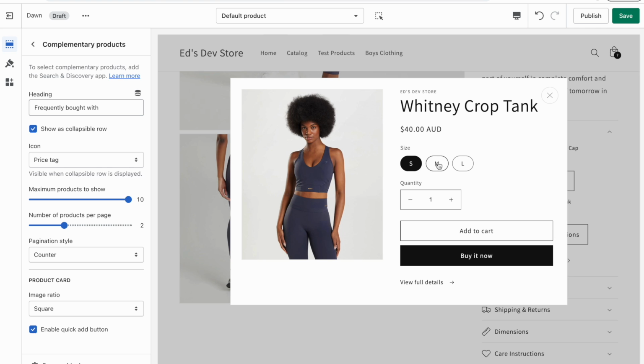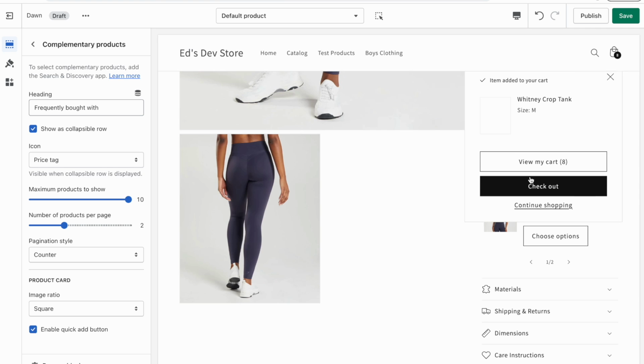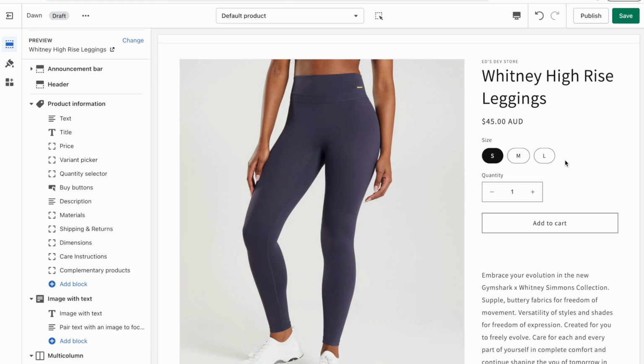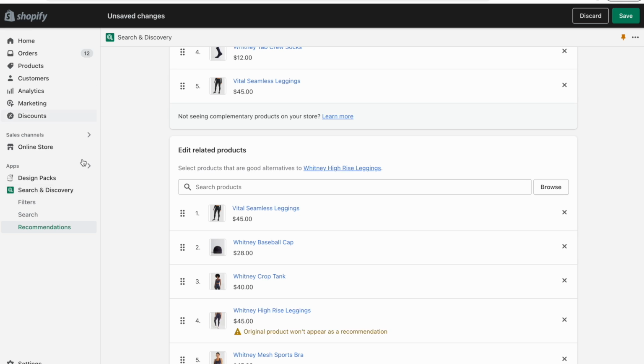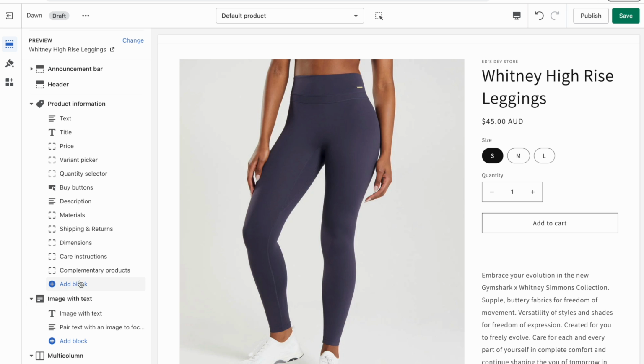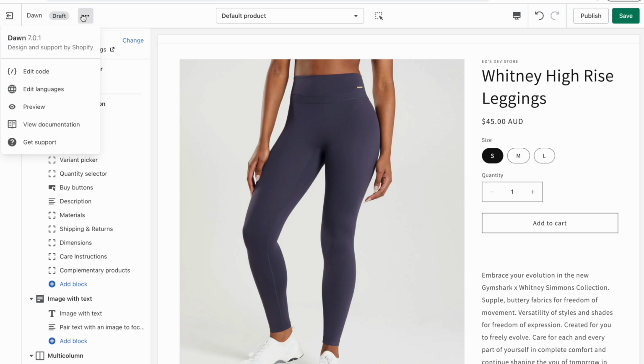So it's going to bring up a pop-up where you can choose the size and quick add to cart. Now there's something you need to understand about this complementary products block. It is not generated somehow by the app. In fact, it is not really connected to the app at all, except for the fact that it gets the data from the app. But actually this block is simply a part of the latest Dawn theme that I'm using,